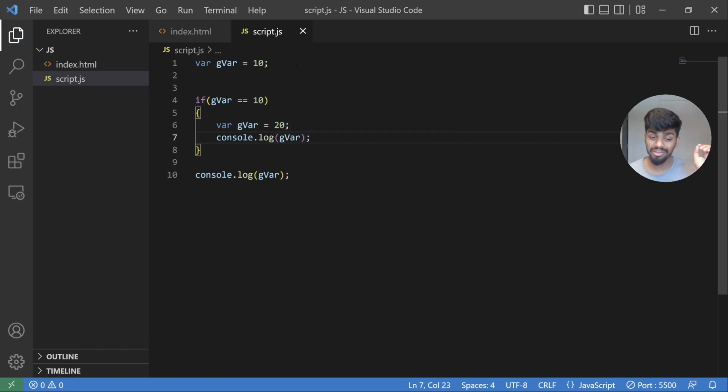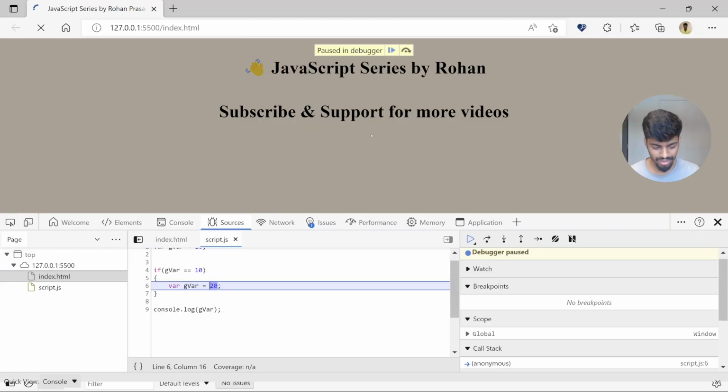So I would like you to guess what will be the output for this. Just guess it, so let's go ahead. Most of you have already guessed it, I guess. So if I go ahead and go to the console